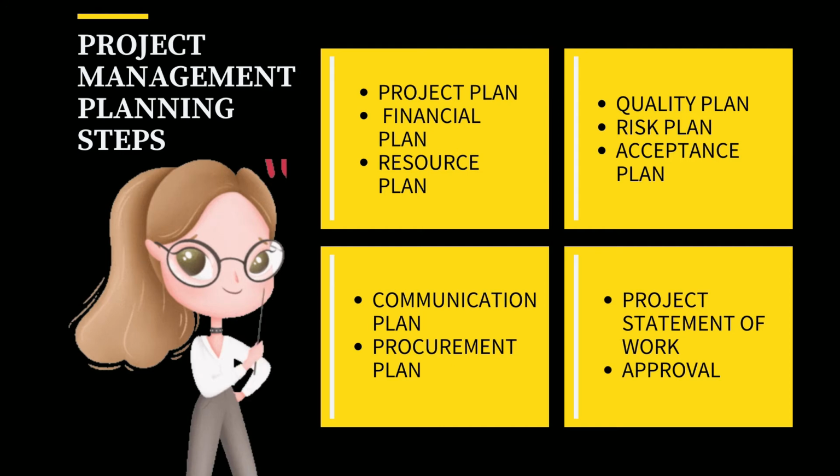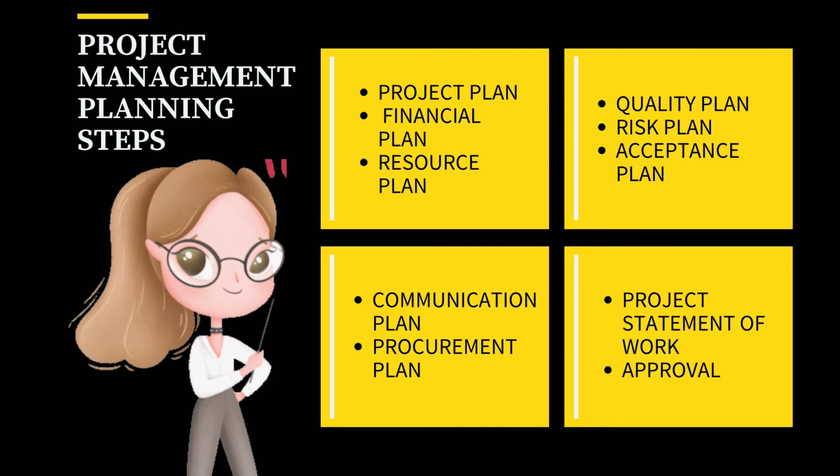Next, create a quality plan. Set your quality targets and measures. Moving on, now we have to create a risk plan. Identify the possible risks, assumptions, issues, and dependencies. Assign an owner and develop a mitigation plan for how you will avoid or overcome them. Create an acceptance plan. Assign criteria for what constitutes done and delivered.